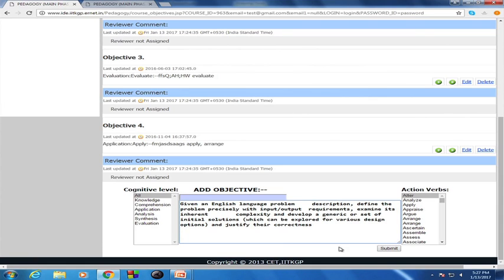Now, if you see, how many action verbs are there? Define is one action verb, examine is another action verb, develop is another action verb, justify is another action verb. Okay. Now, once you want to submit, then you have to select justify,